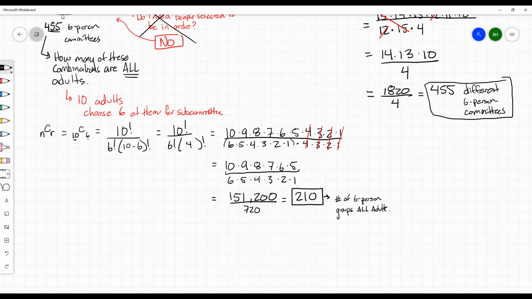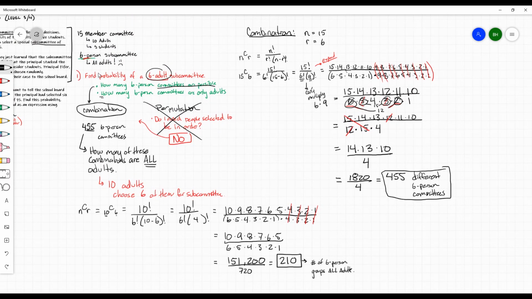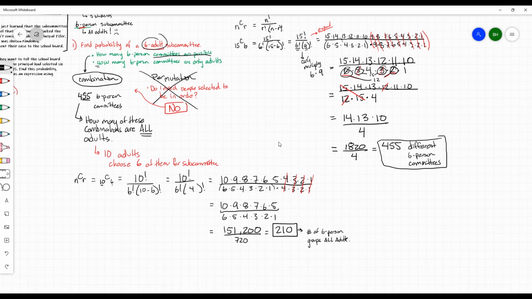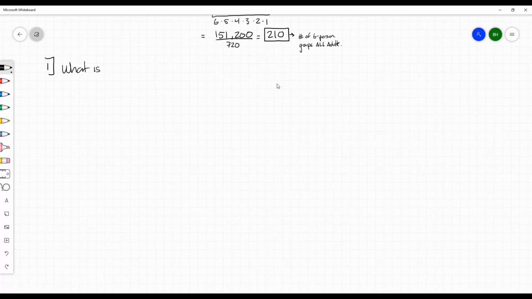Okay, so let's summarize what we did so far, because there's a lot of information. It looks very jumbled. We're trying to answer this one question: find the probability of a 6-adult subcommittee. This is the question we're trying to answer. So let me rewrite it down here and open it up so we can see what we need. So the main question is, what is the probability